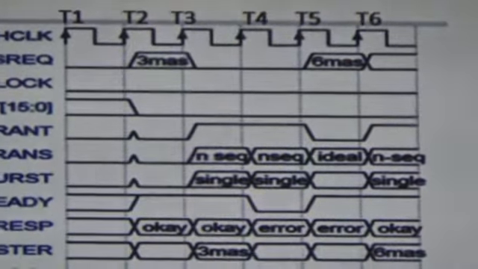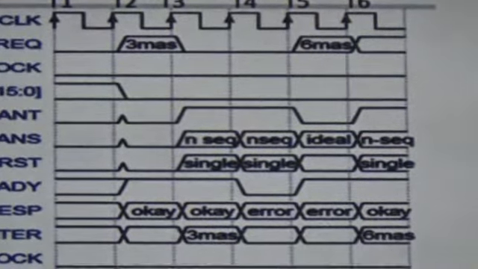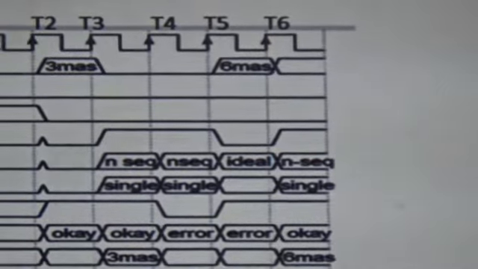Since it removes the previous transfer, my bus is free now. The 6th master, which is of high priority in requesting the bus, has been given the priority. So in the T6 clock cycle, the 6th master is given access to the bus, and all the control signals of the 6th master are sampled here.